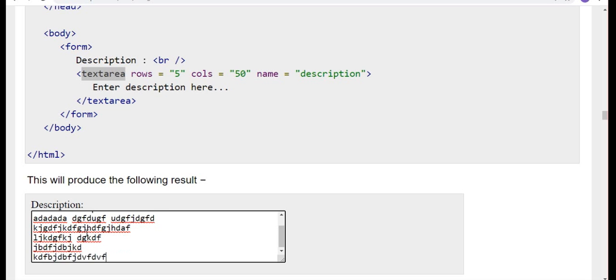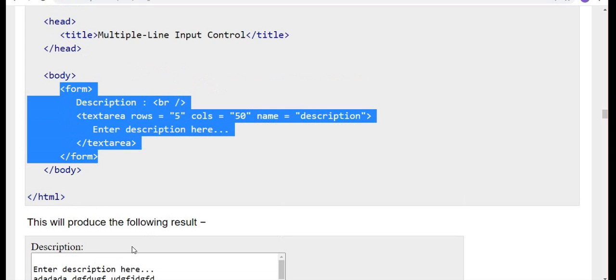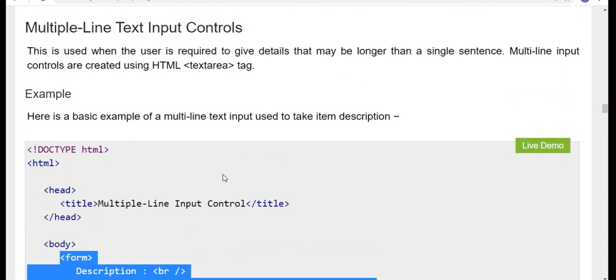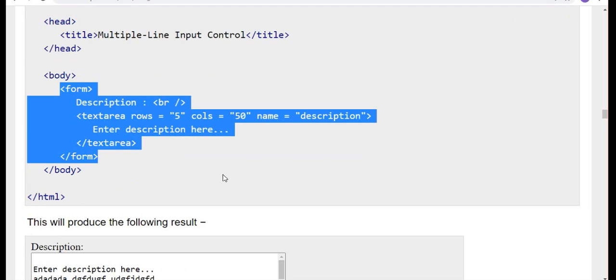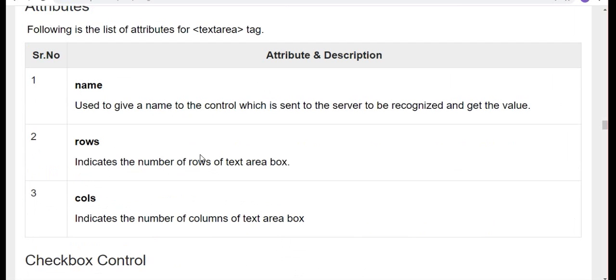If it is exceeded, we can exceed. By default it will come with 5 rows. While typing, if you want to increase it, you can increase it. Automatically the scroll bar will also be added. So everything you have to include in between this form tag. Textarea is the area where we can write some text. If you want to go with a single line, that will be input type equal to text. If you want to go with multiple lines, that is textarea.